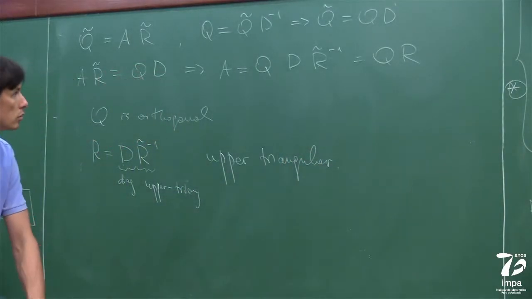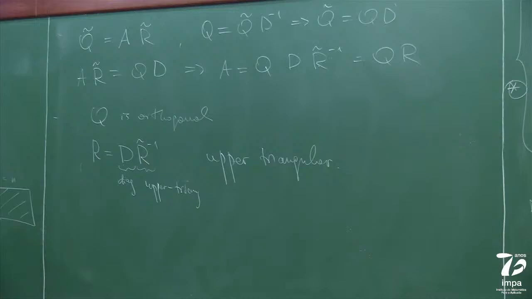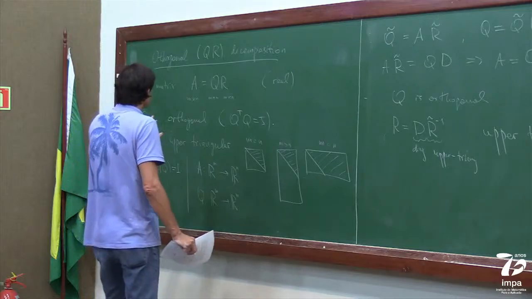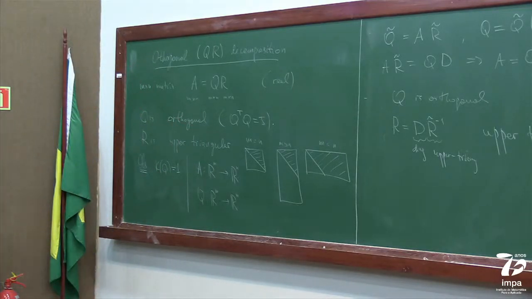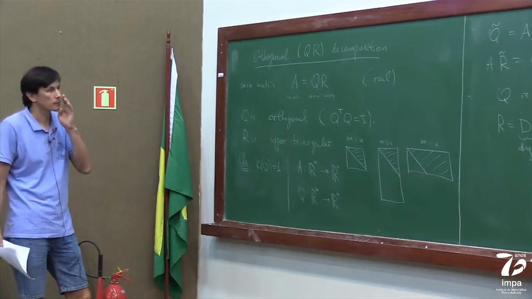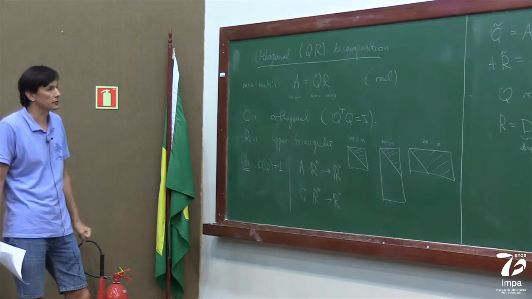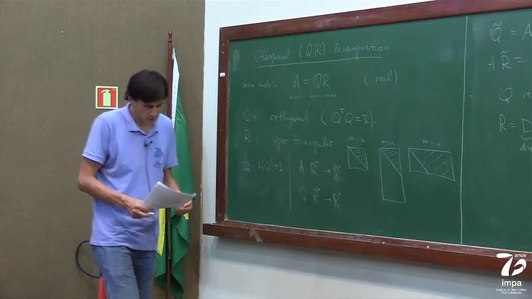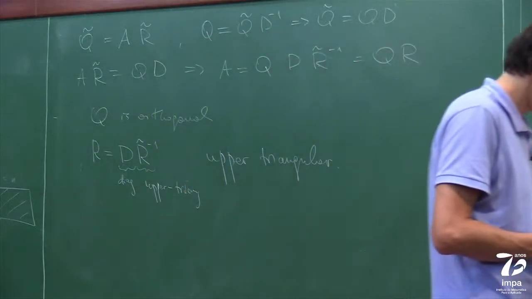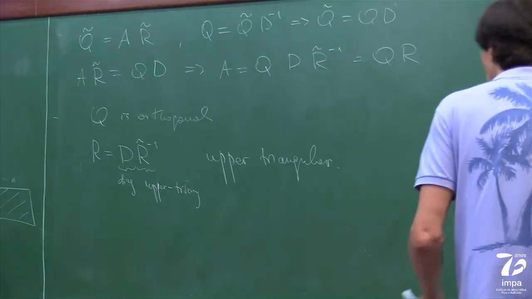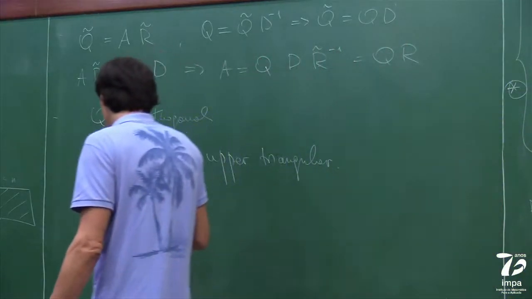So we found a way. What we did, we first proved that this decomposition exists for square non-singular matrices. And we also gave a constructive way how to compute the QR decomposition. Maybe not the best way from a numerical point of view, but a fully complete way how to do this. So as an exercise,